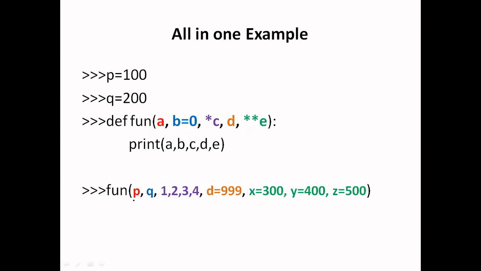I am calling this function by passing values. First I am writing p, so this p will be accommodated by this variable a because it is a positional or required argument. So the object p will be referred to by this variable a also. Similarly, the value of q, which I have given as 200. If I had not provided it, the value 0 would be used as a default. So this value will be used as 200 because we have provided the value, so this default value 0 will be overwritten by the value 200.